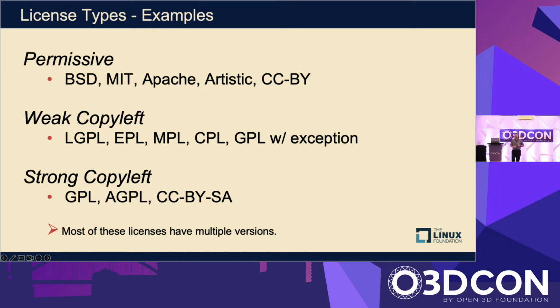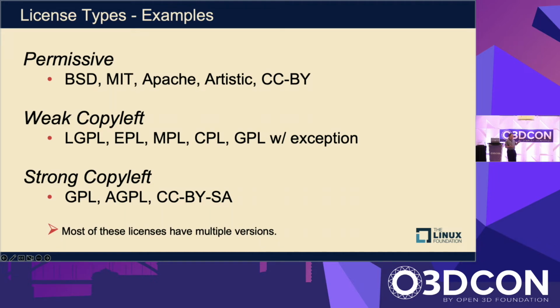Whereas the strong copyleft, those attributes generally carry over more universally. So again, the copyleft license typically means that my code is open source. I'm releasing it under a copyleft license. Let's choose Mozilla at random, the MPL, Mozilla Public License. If you mix my source code under that open source license with your own source code and create a combination or a derivative work, you must also release your code under the Mozilla license.